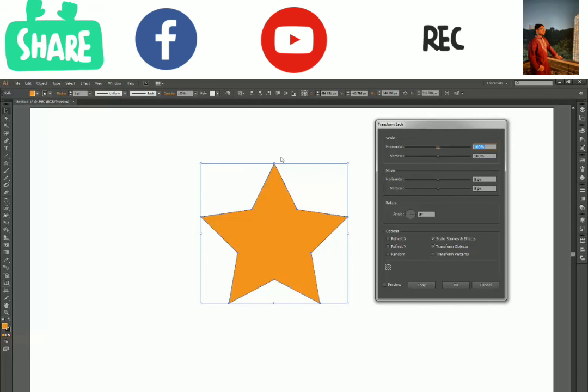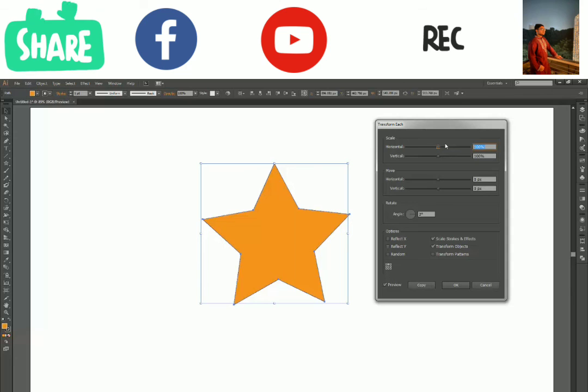Now my reference has been set to this one, and from here I can change my angle to 15 degrees, or let's make that circular pattern again. So 2 degrees, turn on the preview, and this time along with the angle, we are going to scale the shape also.